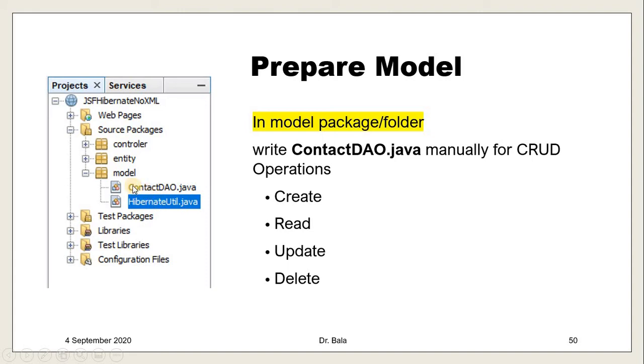Now our work is to create a DAO file, data access object. For naming purposes I put it as DAO, in which we are going to have some coding. And another one, controller. So for DAO and controller, only those are the code that we are going to write. We have to write the DAO Java file manually to have what? CRUD operations. CRUD means create, read, update, delete. In order to create a record, read a record, update a record, and delete a record, we shortly say CRUD operation.